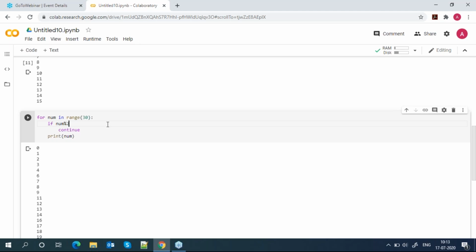So num percent 2 equal to 0, then continue. So whatever the even numbers, you can see that all the even numbers are skipped now. Got it?